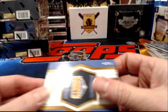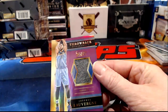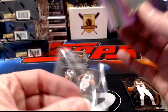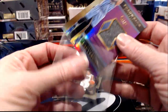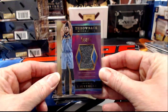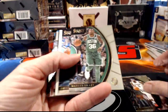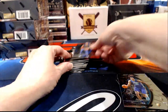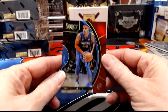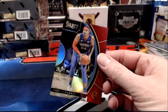For the Nuggets /99. Another relic. Well, that is the wrong sleeve. Let's try that again. Wonder how long before kittens kind of outgrow the need to destroy everything. Tobias Harris